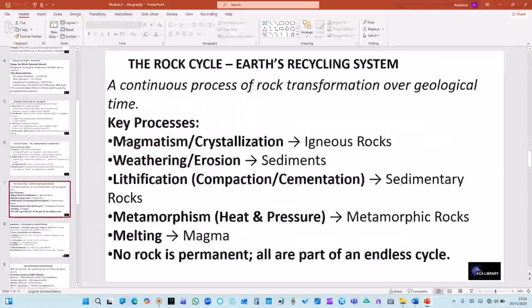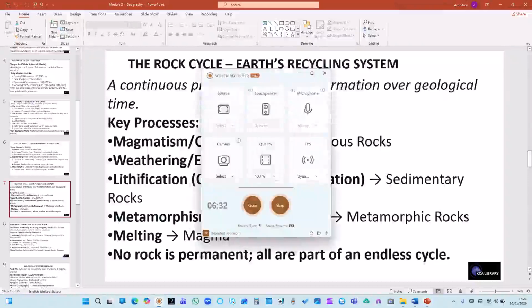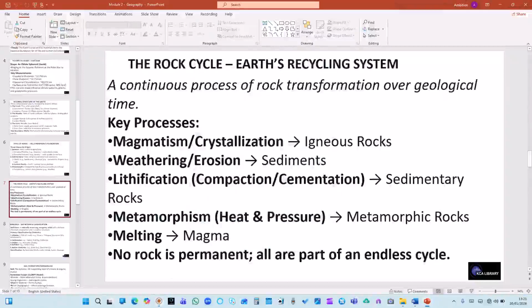Now let us look at the rock cycle, that is the Earth's recycling system. The rock cycle is a continuous process of rock transformation over geological time. In other words, the rock cycle is a continuous process through which rocks are formed, changed, and recycled over time. The key processes involved in the rock cycle include